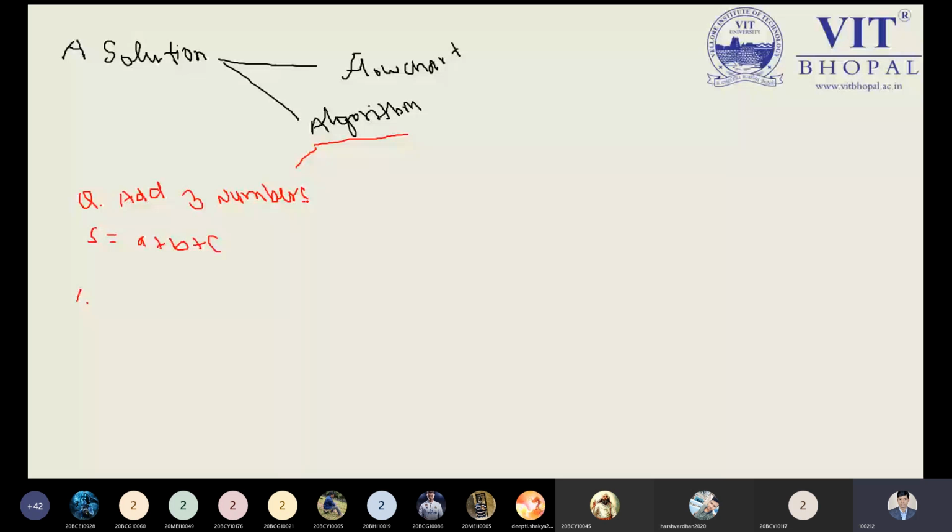For solving any problem, we can have different algorithms. What algorithm approach you are having, it's up to you. Algorithm just means nothing but the step-by-step solution of the problem. So if you want to perform the addition operation on these three numbers, then first you need to take the inputs. So what I can say, I can say: take input of three numbers. Can I write the first step like this?